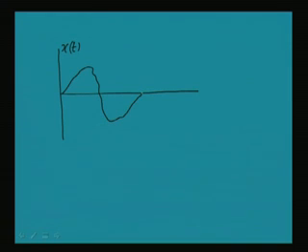Like this is a periodic signal I am drawing. This is x(t). Maybe it has this particular behavior, but after this time we will see that a similar pattern will be repeating, exactly the same pattern will be repeating. So this is the time period of a particular signal, but after that it repeats. So this is a periodic signal,